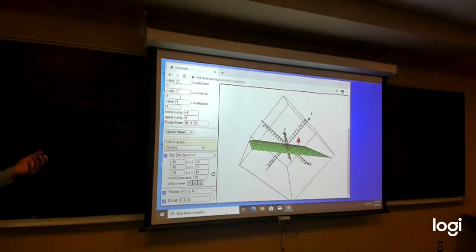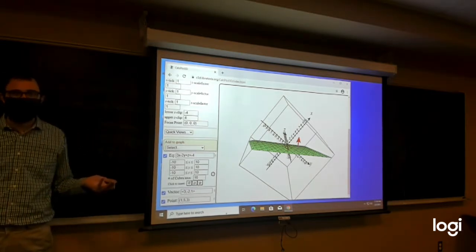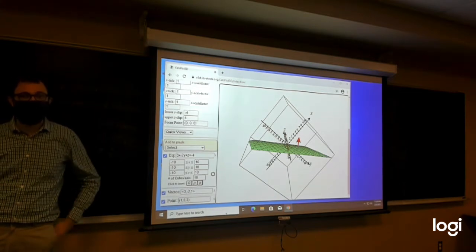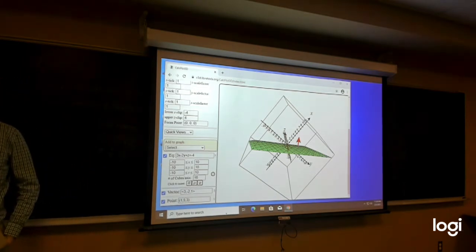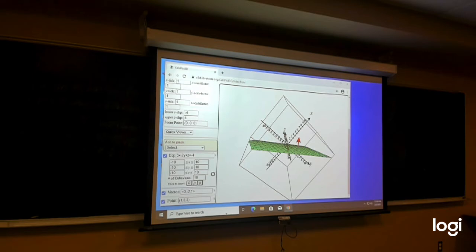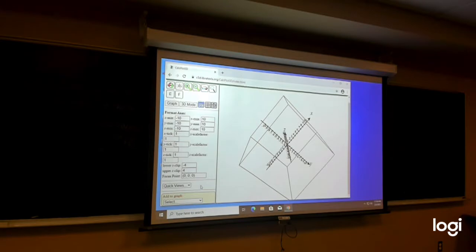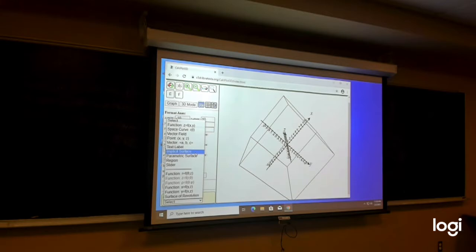Questions or comments, either about the picture of what's going on here or the computation that's currently hiding behind the picture? In that case, I have a problem that I'd like for you all to try out, which is the second problem in this packet, which is on this page, where this time, instead of giving you a point and a normal vector, we're going to look at what happens if you have a plane that passes through the point 2, 0, 5,